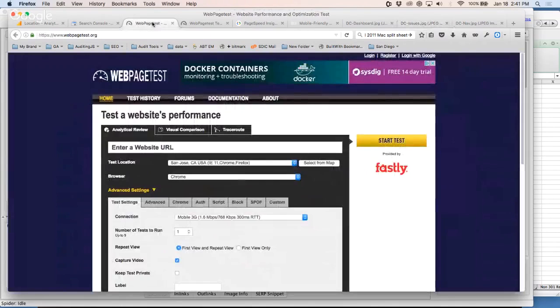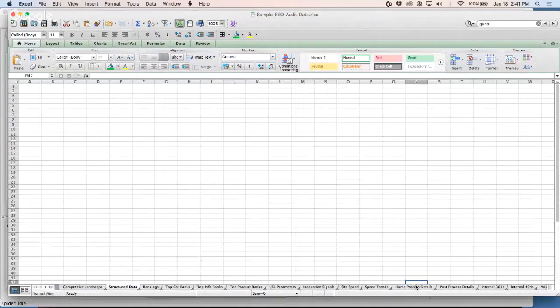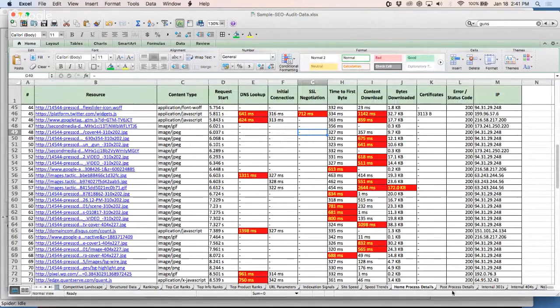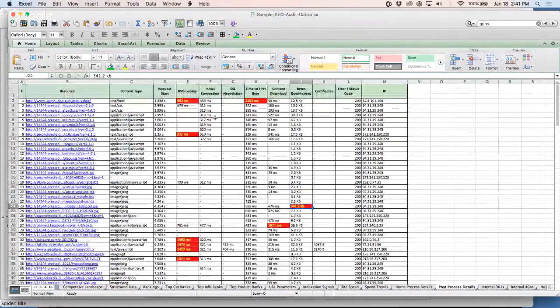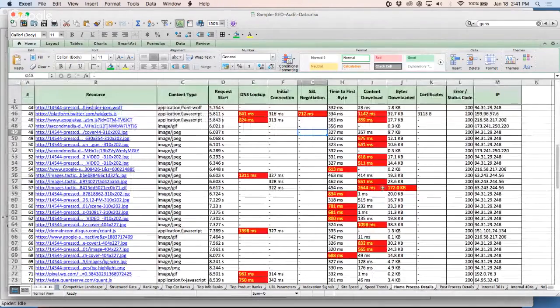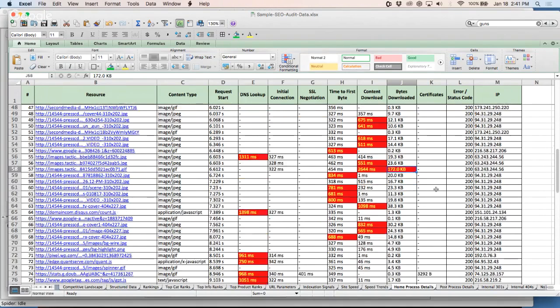And WebPageTest is going to give you, you can look at a sampling of pages, look at your home page, look at a blog post, right? And you're going to be able to see, oh, look, here's all of the things that are really slow. And oh, look, image size, 172 kilobytes. Well, an image may be 172 kilobytes in file size for different reasons. You could use file compression to squeeze it down, but maybe it's dimensionally too many pixels wide for your real need, and you could shrink it down dimensionally and compress it. So there's two ways to reduce the file size, right? But WebPageTest gives you this insight.